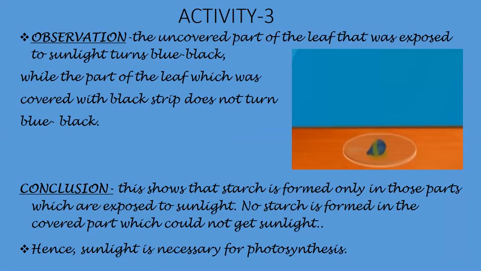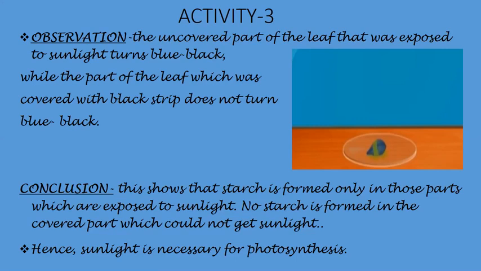The uncovered part of the leaf that was exposed to sunlight turns blue-black, while the part of the leaf which was covered with the black strip does not turn blue-black. This shows that starch is formed only in those parts which are exposed to sunlight. No starch is formed in the covered part which could not get sunlight. Hence, sunlight is necessary for